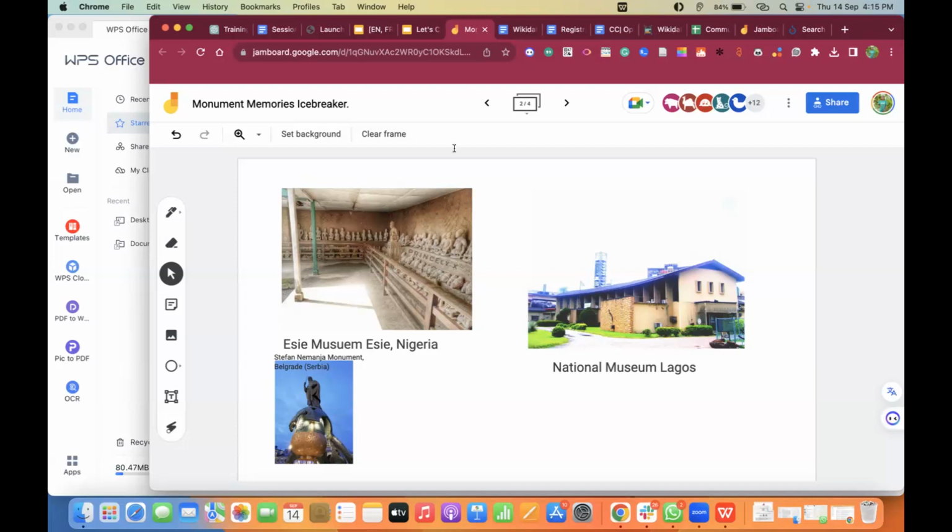Okay, so what you are meant to do is make use of this Jamboard to showcase a monument that means a lot to you.